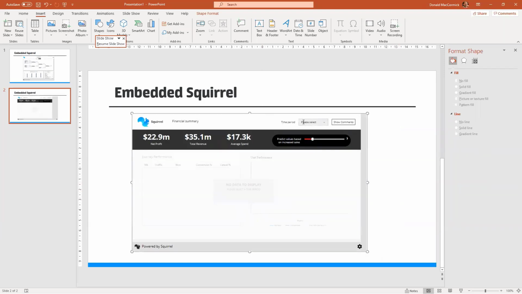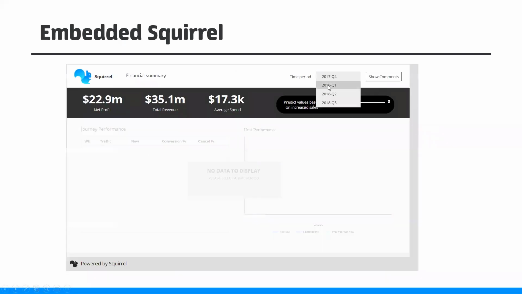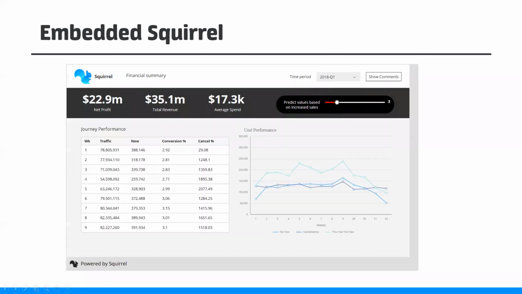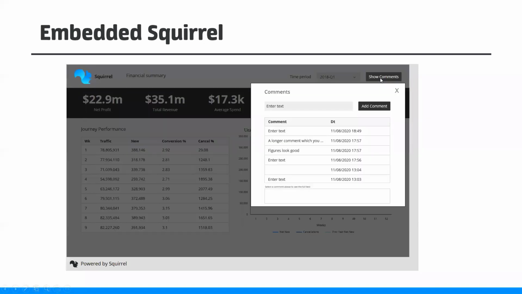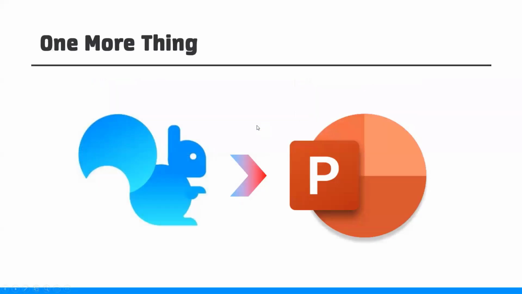I could select it from here, but I can also go into presentation mode, go to my second page. If I now do this, that's now going to a database, getting data, bringing it into my Squirrel model inside PowerPoint and coming back. And even here I can add comments. I can add a new comment in there, and that's actually being written back to a database. I can read and write to a database through a Squirrel model through PowerPoint. So you really are unlimited in what you can do. It's quite remarkable. So I wanted to show you, not there in the product yet, but coming in the next couple of months.